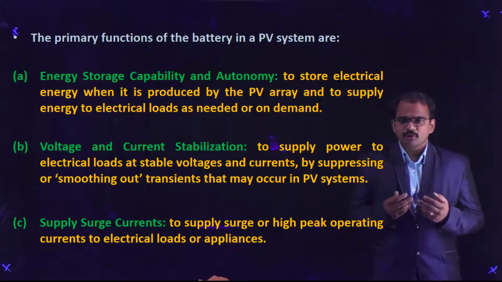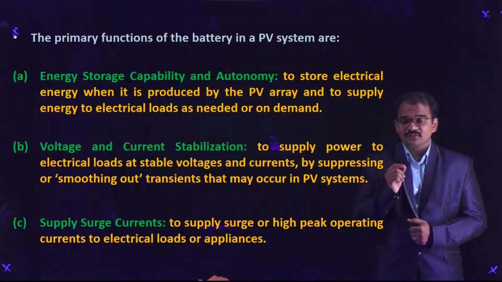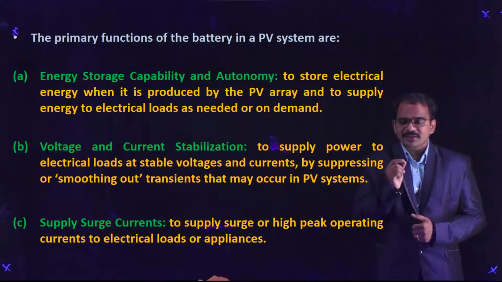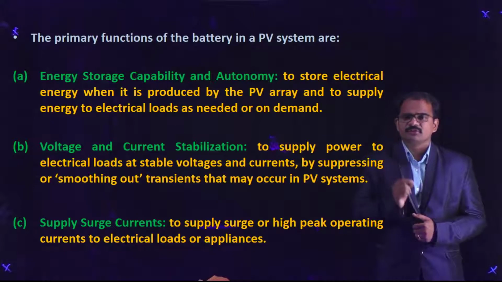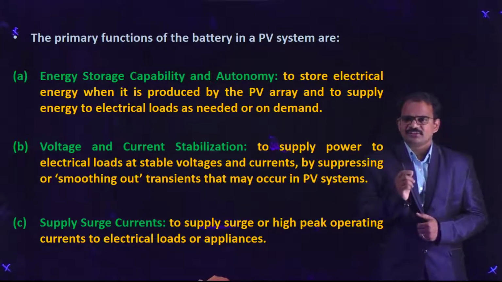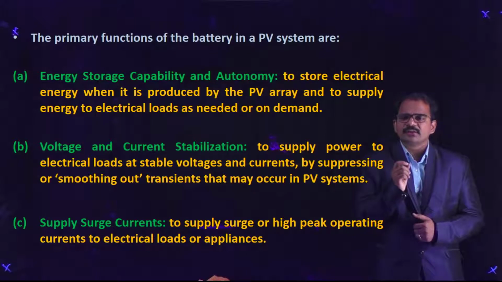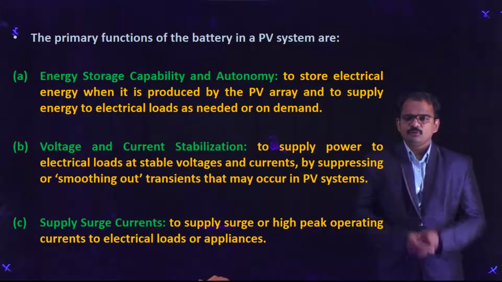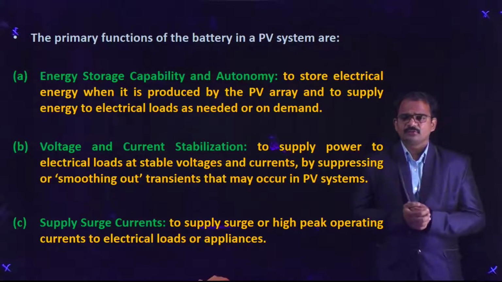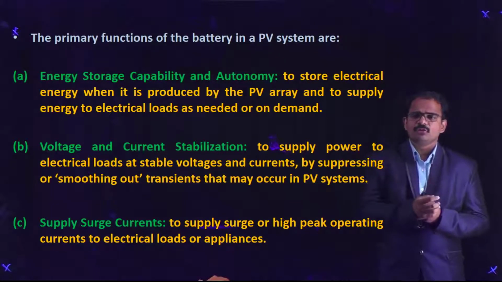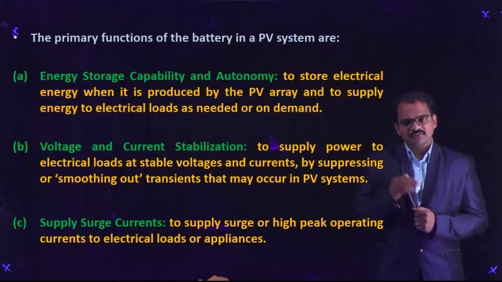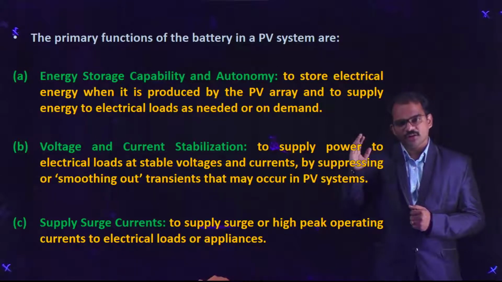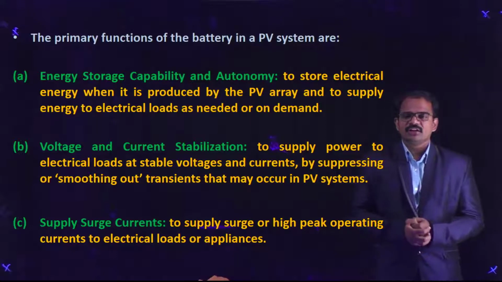Then what about tomorrow and day after tomorrow? So for that reason, even when there is no sunshine, you should be able to supply the energy to the consumers at least for 2 to 3 days. And this 2 to 3 days is nothing but the autonomy. That is nothing but we will increase the battery banks, so that more energy will be stored in the battery bank. And similarly, we will increase the solar PV array capacity also accordingly to ensure the reliable power supply.